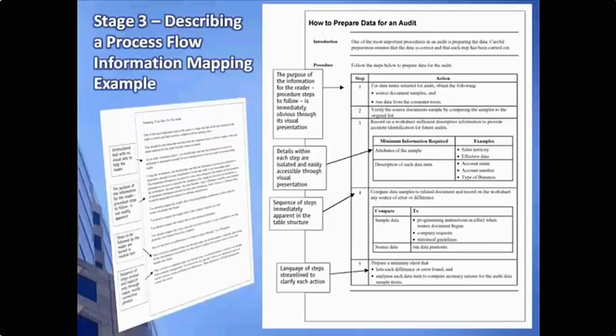Even yet another way of describing processes and steps is something called information mapping. Information mapping was a technique for documenting processes first invented by Robert E. Horne in the early 1980s. What's interesting about Robert is he foresaw inventions like the web and email and knew right away that there needed to be a shorthand for written communications to get directly to the point and provide the reader with only what they need to see and with lots of white space so that they can easily find things and absorb the